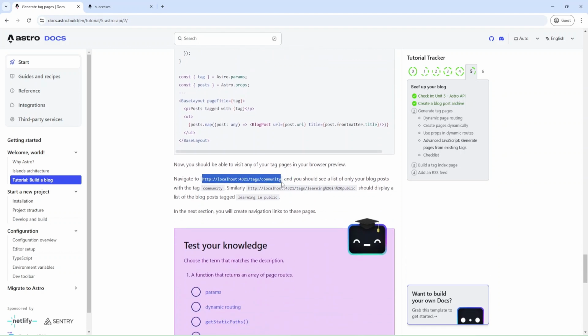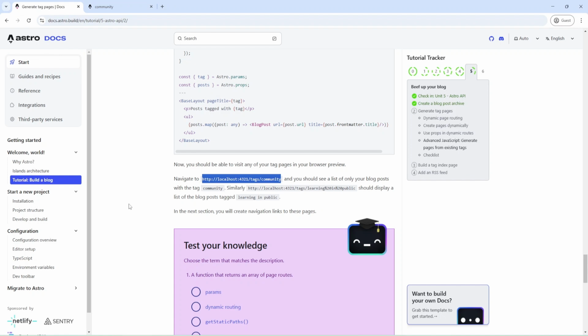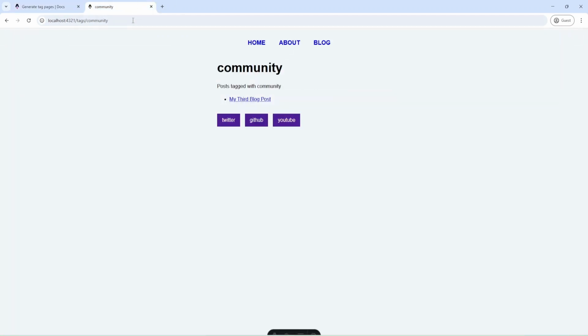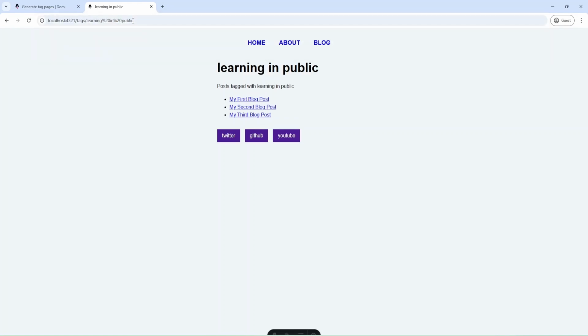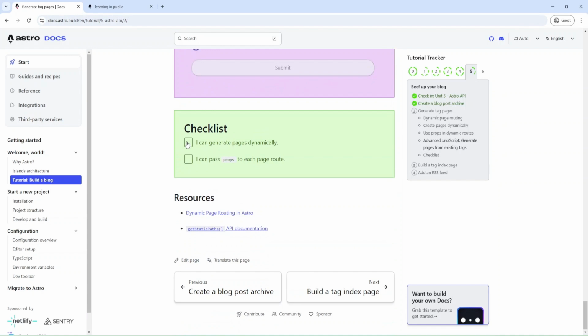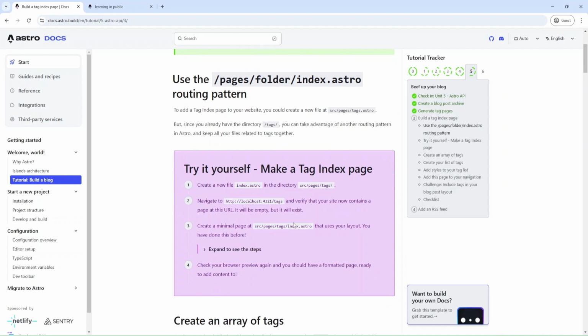And now let's check one more time our tags and community. We have only insert blog post, and let's check this tag. Okay, and we have it as well. And I can mark these checkboxes as done and go next. And now I can create index page inside tag